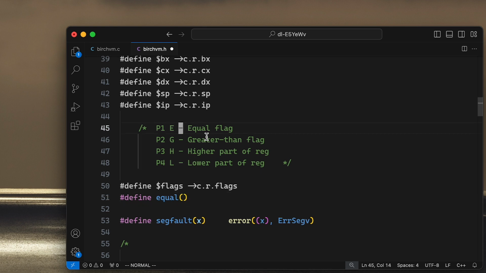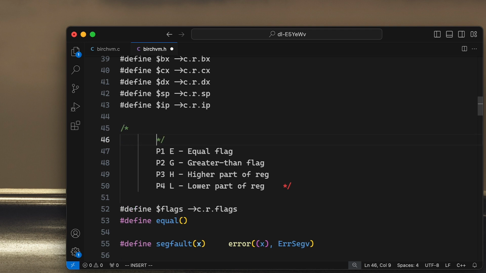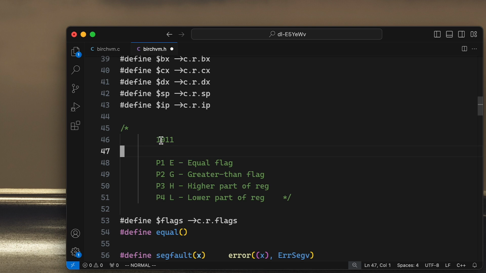I need to have a bit pattern here, I think. 10, 11. And we want to get at the first position, which means we should take the,